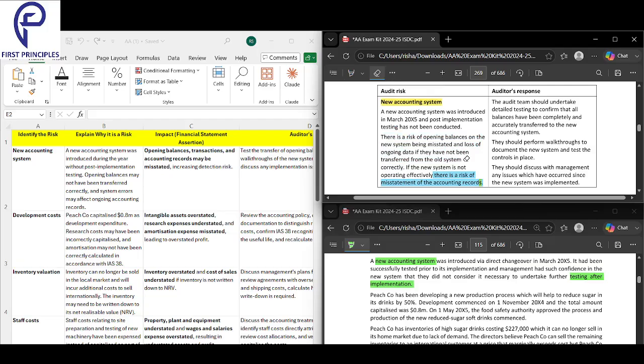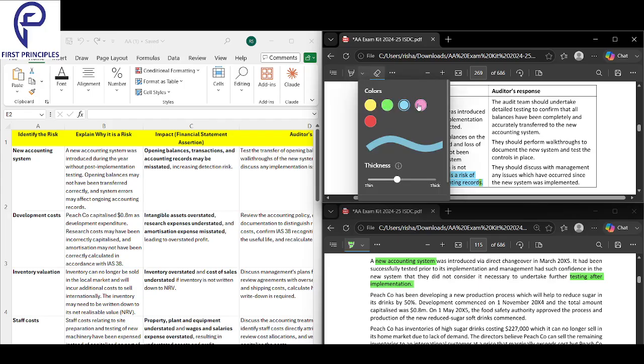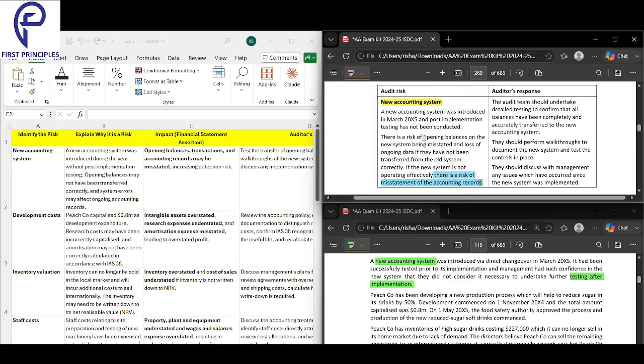When we are transferring from the old to the new system, the correct balance did not get transferred, and in the transfer data has fallen out. That is why this is a risk. And what will be the impact of this risk? Your opening balance in the new system will be wrong, because the wrong balance has gone from the old system to the new. If the wrong balance has gone, the accounting records will be wrong.